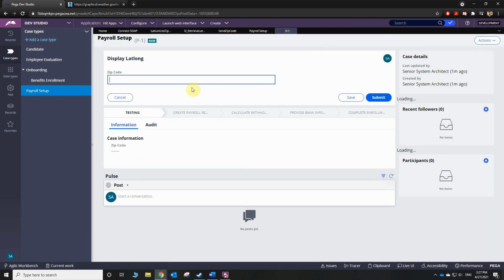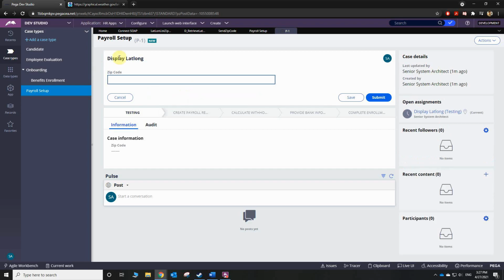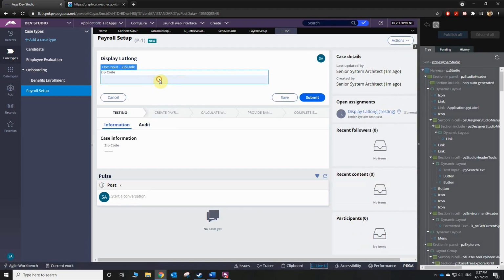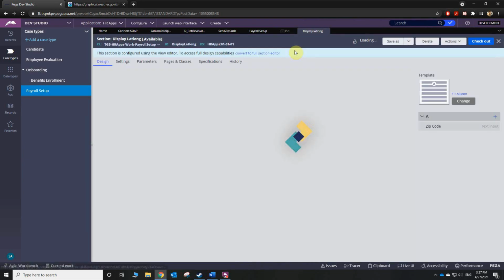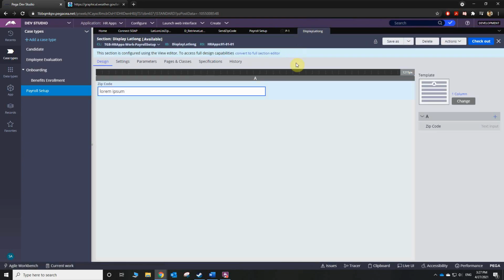Alrighty, so as you can see, user can enter a zip code, but we don't have a property for them to view the latitude and longitude. So let's go to Live UI and find this section. We can add another section within this section. Okay, so let's add